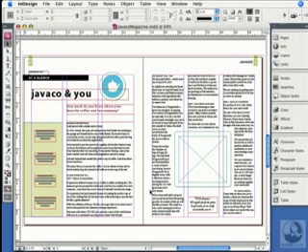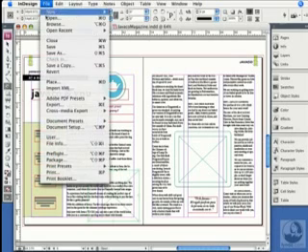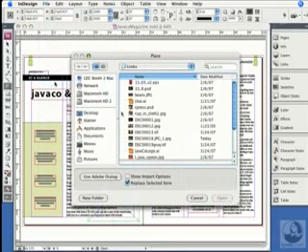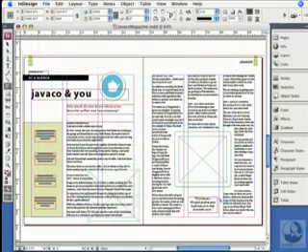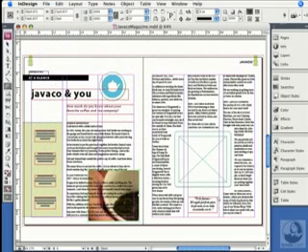When you import an image, it often doesn't appear at the correct size on your page. For example, let me create a new frame and put a picture in it. I'll use the Frame tool to drag out an area on my page, and then I'll use the Place command to put a picture into it. I'm going to choose this image number 12, click Open, and you'll see that the image is too big for